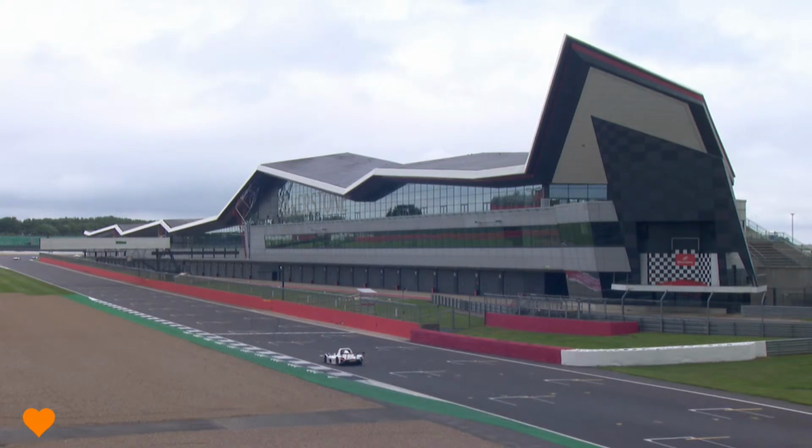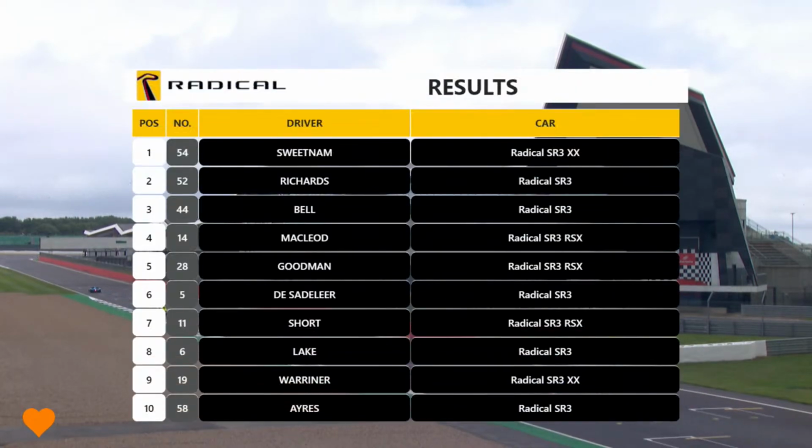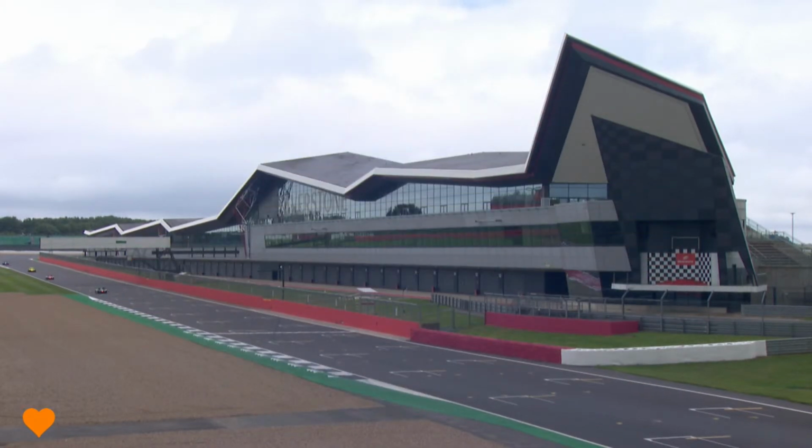More racing to come up from the Radical Challenge Championship. Over the course of this weekend, we'll see a further sprint race later on this afternoon. We have our pit stop race to look forward to as well tomorrow. But for the confirmation of the results then, the win goes the way of James Sweetnam in